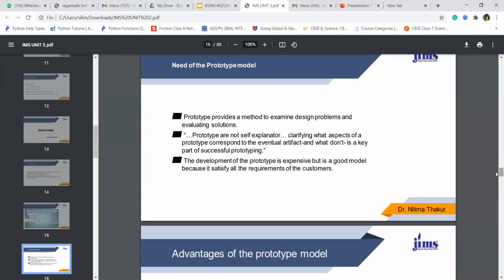Prototype provides a method to examine design problems and evaluating solutions. Prototypes are not self-explanatory. Clarifying what aspects of a prototype correspond to the eventual artifact and what don't is a key part of successful prototyping. The development of the prototype is expensive, but is a good model because it satisfies all the requirements of the